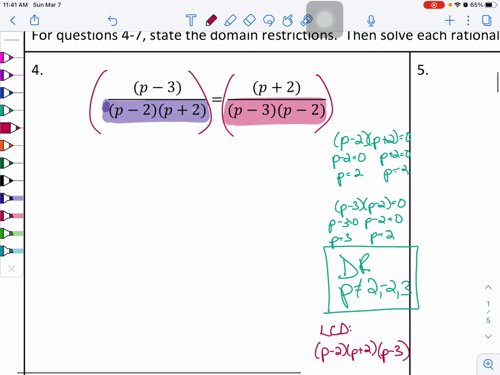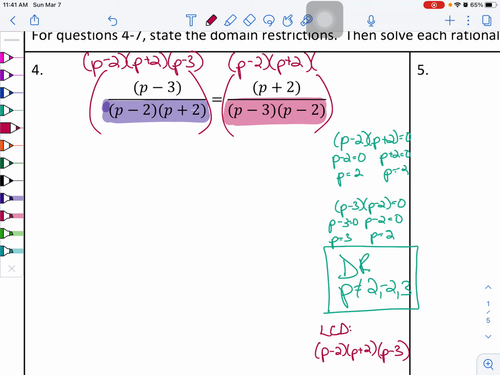But this factor of p minus 2 has already been listed. So this one's fine. My LCD is now written. So I'm going to take that entire thing, p minus 2, p plus 2, p minus 3. Same thing for the second fraction. And really, you would use this LCD across any